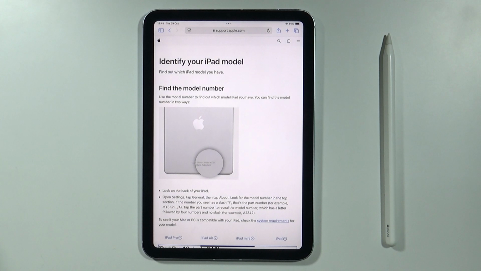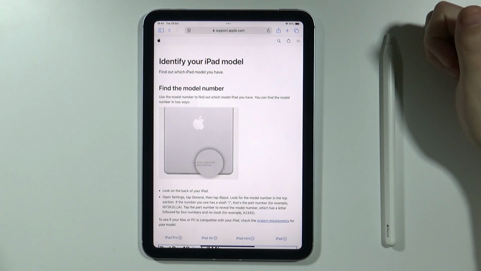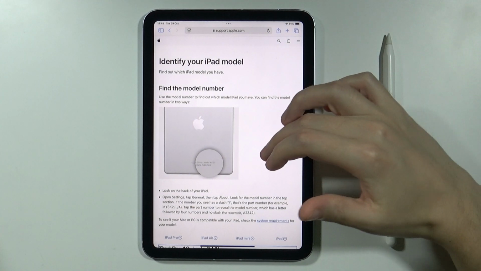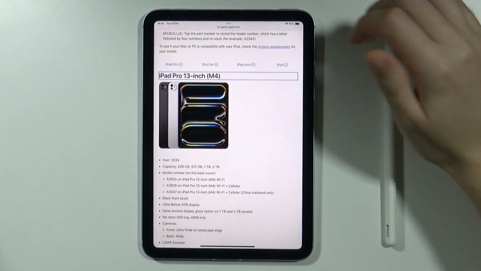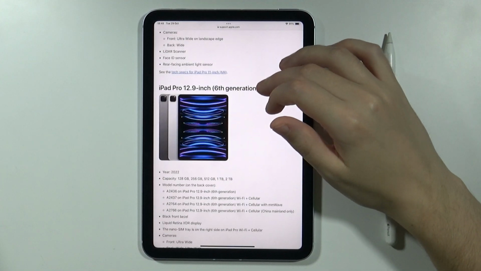Hello, if you are wondering how many iPad generations there are, then the answer is a little bit ambiguous because you have different iPad versions. We have, of course, the standard iPad, iPad mini, iPad Air, and of course iPad Pro. And these models can also be divided by, for instance, the display sizes, because over here, if you can see,